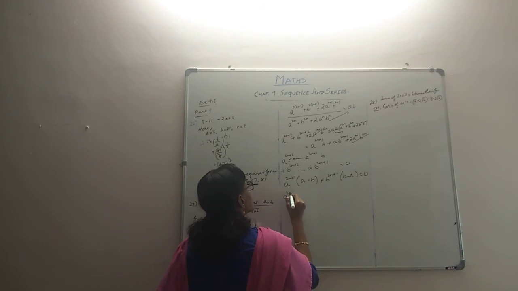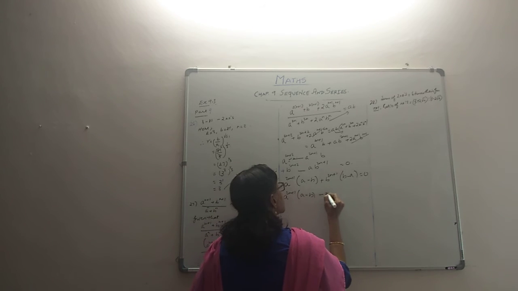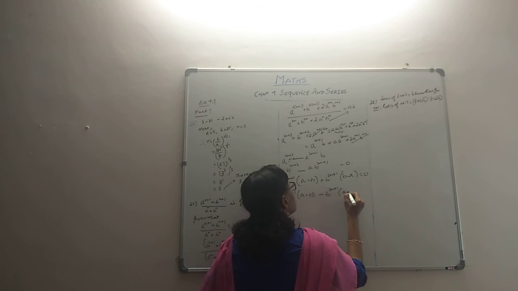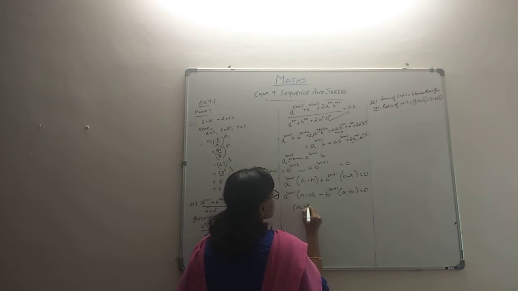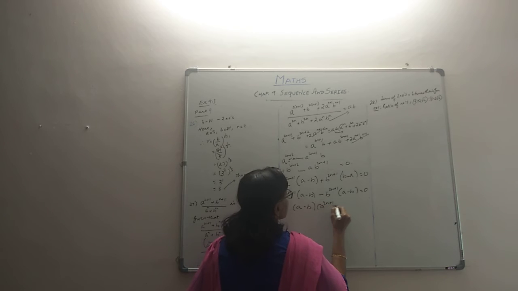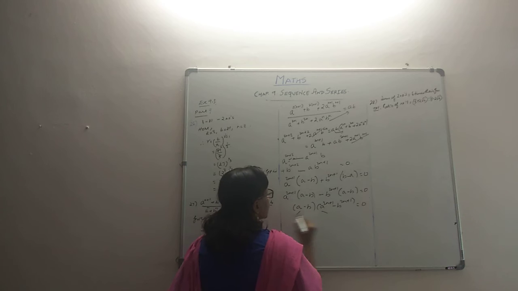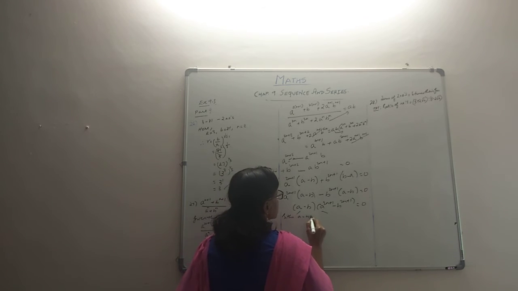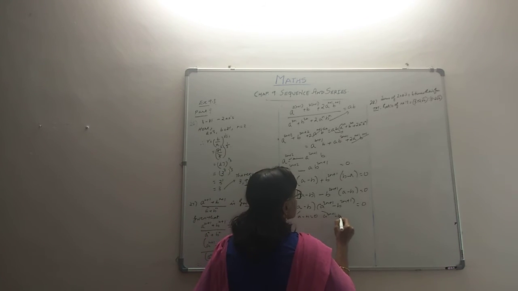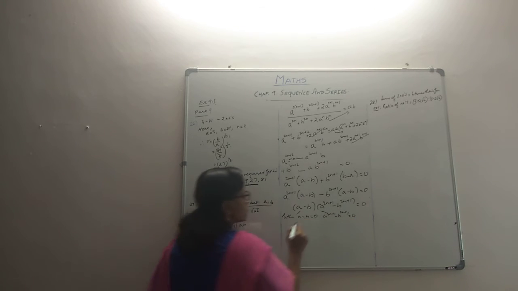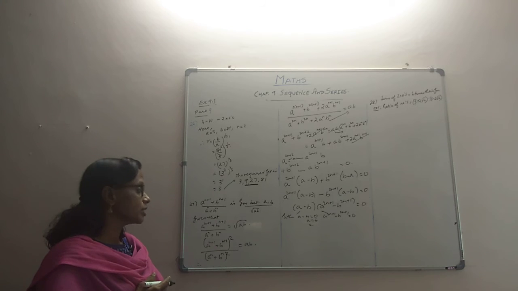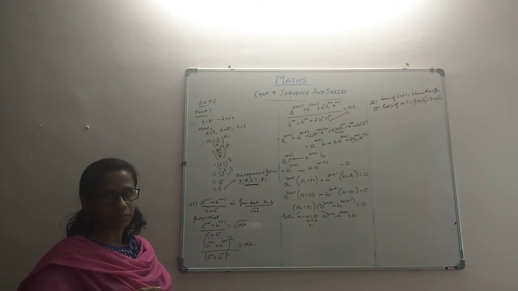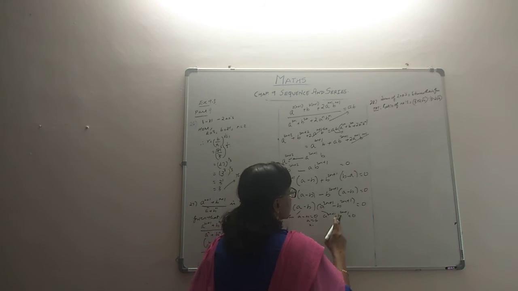Or this would be like writing A raised to 2n plus 1, A minus B. You could take the minus out, so that will become A minus B. Right. Now amongst both these groups, A minus B is common, and then A raised to 2n plus 1 minus B raised to 2n plus 1. Product, whenever it is 0, either one can be 0. So in that case, either A minus B is 0 or A raised to 2n plus 1 minus B raised to 2n plus 1 is 0. If A minus B is 0, it will give A equal to B. Now this we cannot accept, because if A and B are equal, the geometric mean itself doesn't make much sense. So therefore we will not accept this, but we will take this.